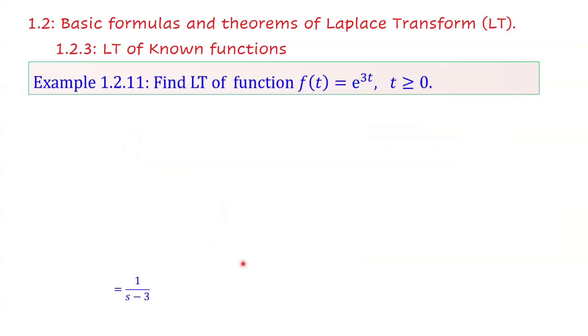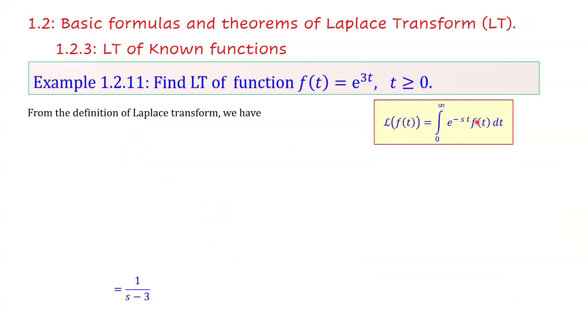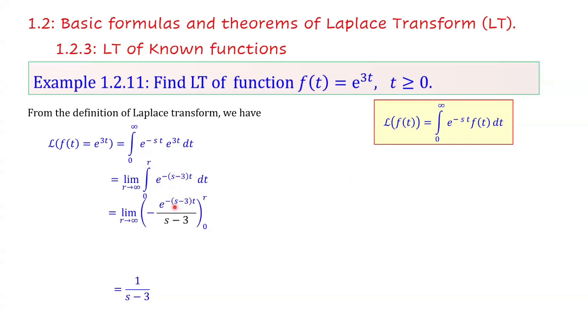Next, we have to find the Laplace transform of e to the power 3t, for t greater than or equal to 0. Again, we apply the definition, but here the only difference is that f(t) is equal to e to the power 3t. We process in the same way and then simplify. This can be written as the integral of e to the power minus (s minus 3)t, with limits 0 to r. The exponential integration is divided by the constant in the power, so it will be e to the power minus (s minus 3)t over s minus 3, with limits 0 to r. And clearly s should not be equal to 3.